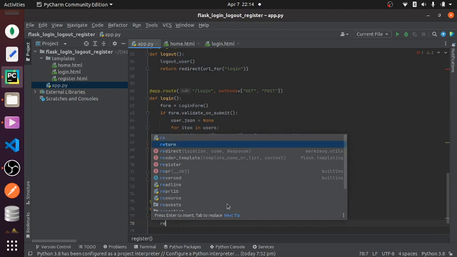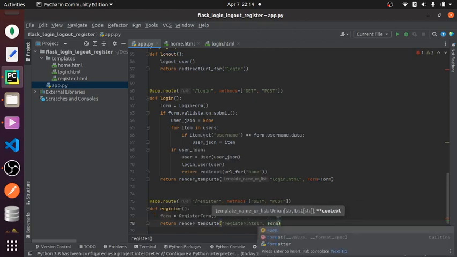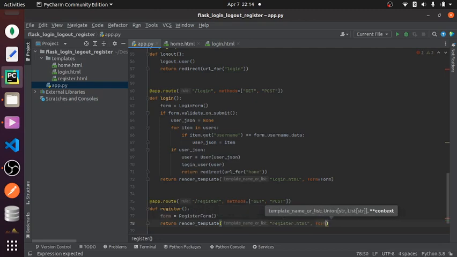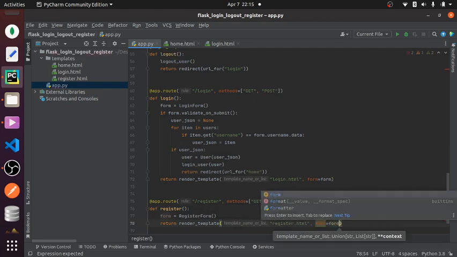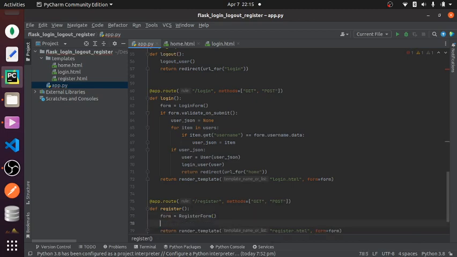For that we'll have to return a render template register.html, and form in context will be form, which will be a blank form initially, and